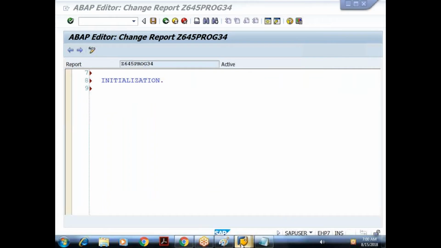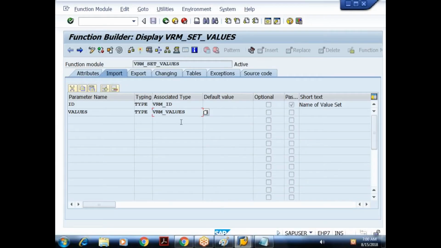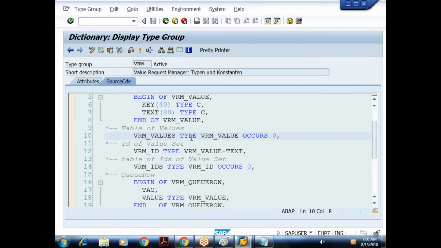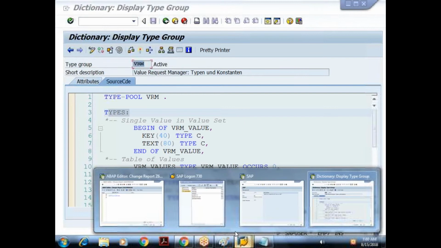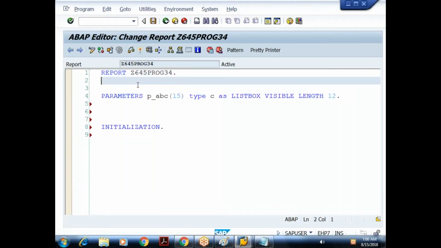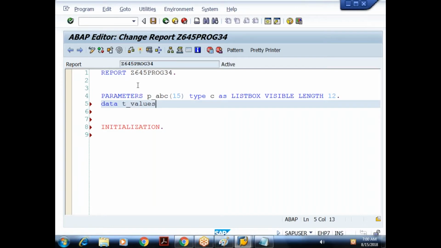So let me declare the internal table first. Already we have the types declaration, which is provided by SAP itself. If I double click once again, VRM_VALUE is a types declaration available in the type group VRM. So let me create the internal table based on that. I'll say data t_values type table of vrm_value.